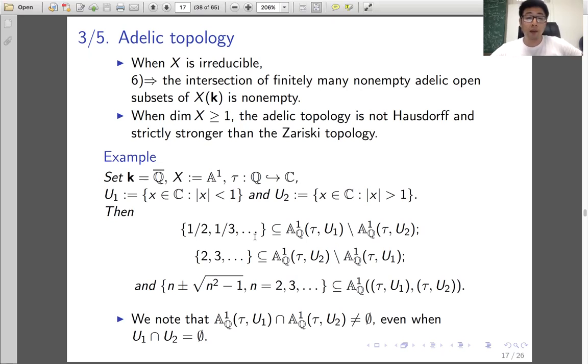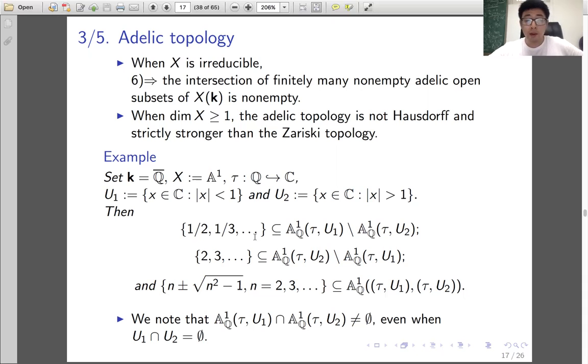Tau is the unique embedding tau from Q bar to C. We denote by U_1 the open unit disk, and U_2 to be the set of x in C with norm strictly larger than 1. Then the set 1/2, 1/3, 1/4, and so on